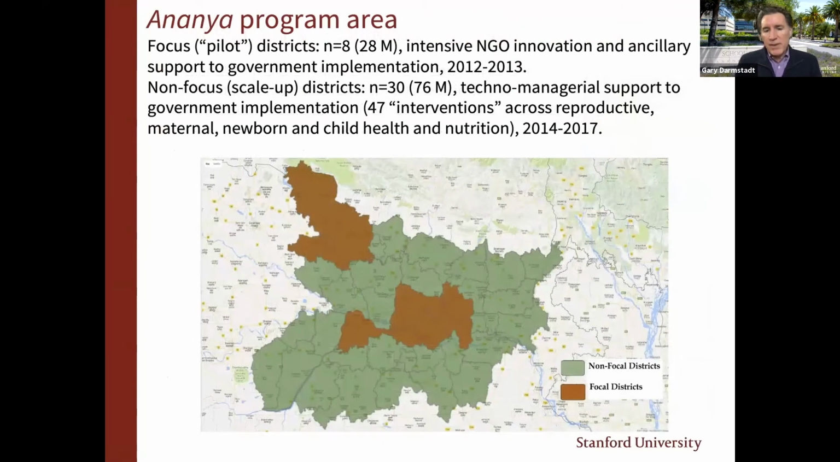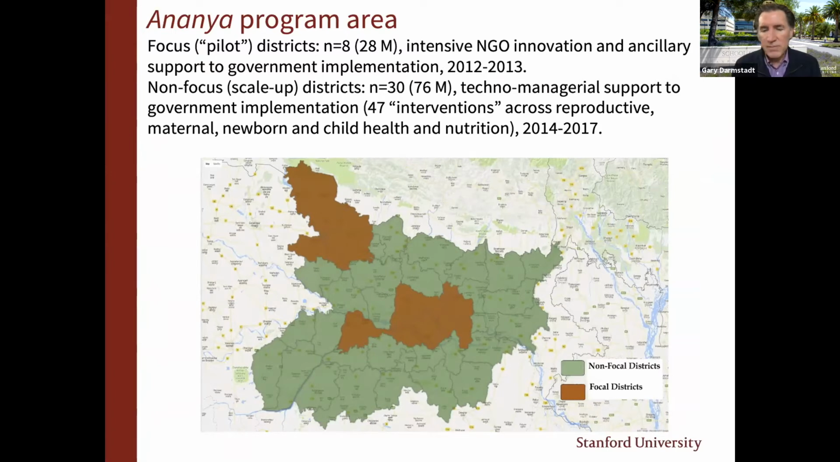This is the program area. This is the state of Bihar. The pilot, now this is a bit of a misnomer. The pilot was 28 million population, essentially the size of Texas, shown in brown. And during a 2-year period of innovation and piloting, NGOs such as CARE and several others innovated in how to reach the population